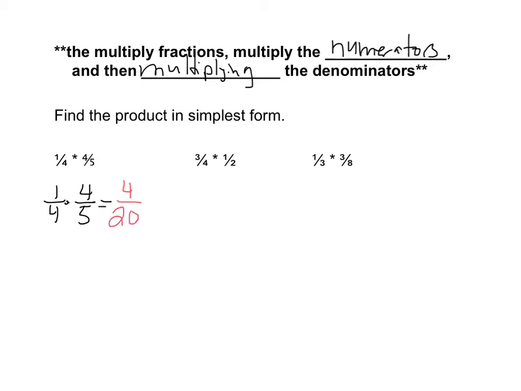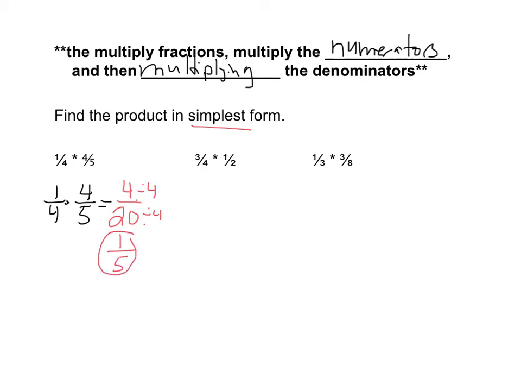Now 4/20 though can be reduced to put it in simplest form, because 4 goes into both. Divide by 4, divide by 4, and I would get an answer of 1, because 4 divided by 4 is 1, 20 divided by 4 is